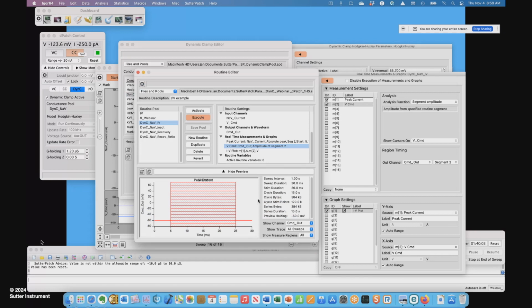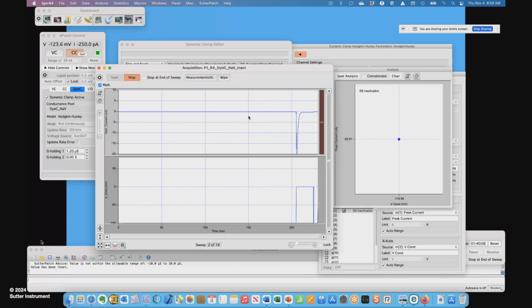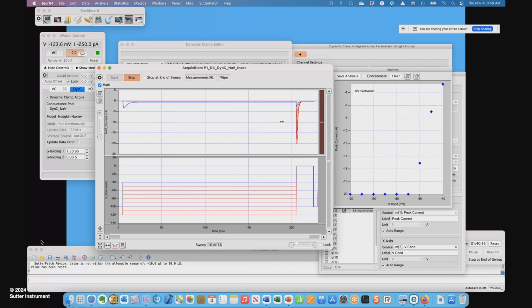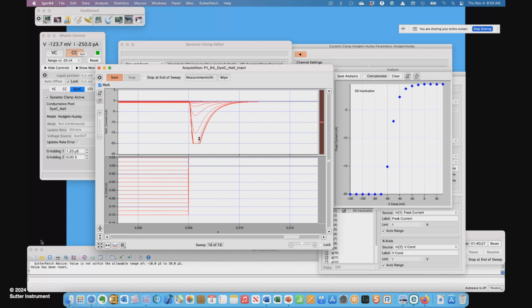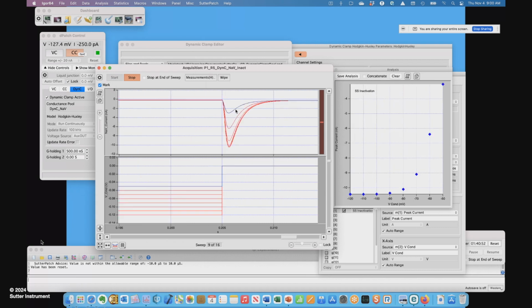Back to the routine editor, the voltage-dependent inactivation. So what we see here is at the end of an inactivating, a conditioning step, we see the current activating more and more, but we also see it's bottoming out here at the beginning. That is because my holding conductance is too large. So let me put that to 0.5 microsiemens and run that again, and now it doesn't bottom out anymore. And we get the same